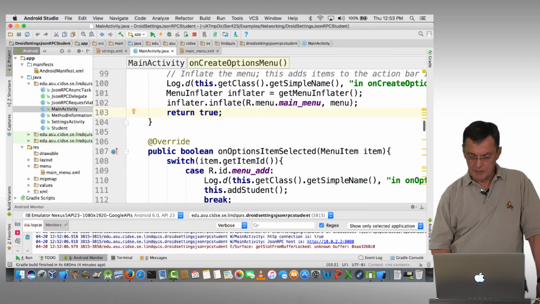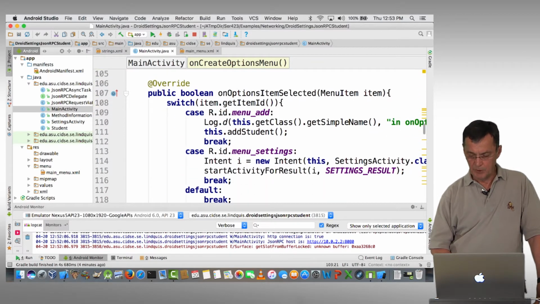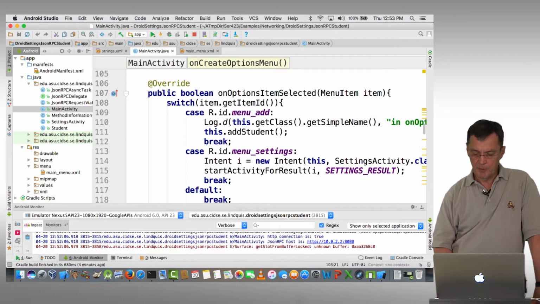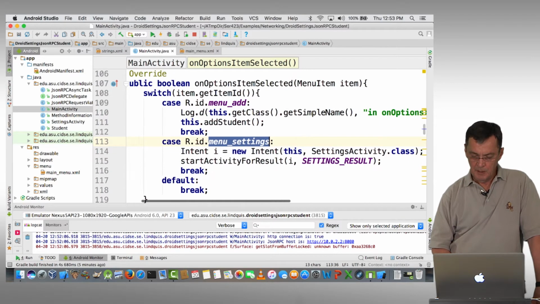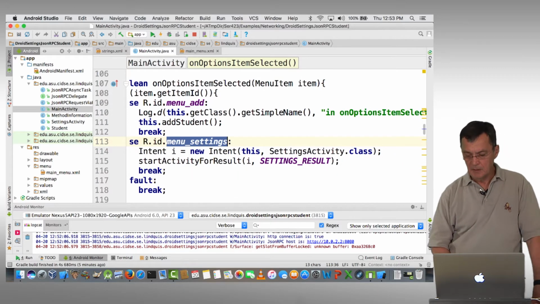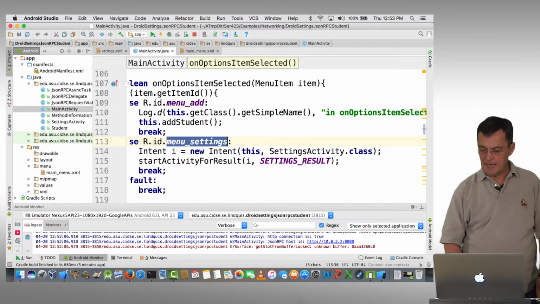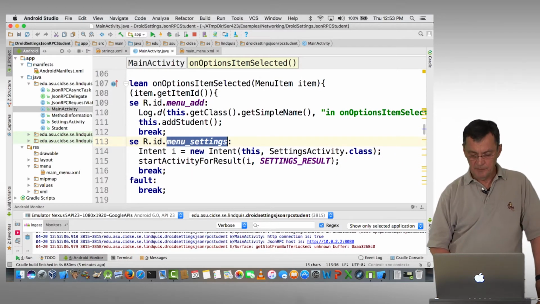And then when the user selects the settings button, this method will be called, if we choose to override it, onOptionsItemSelected. And here you can see we check whether or not the item selected is the menu settings, and if it is, then we create an intent for the settings activity class,